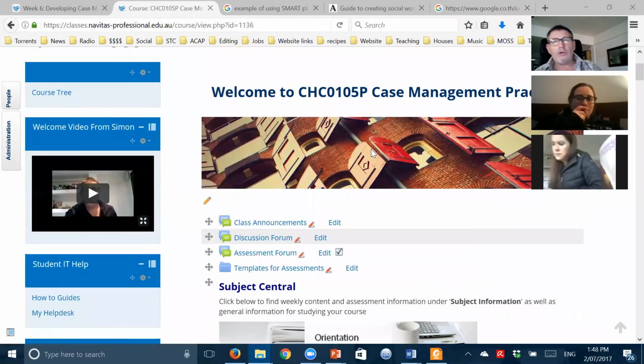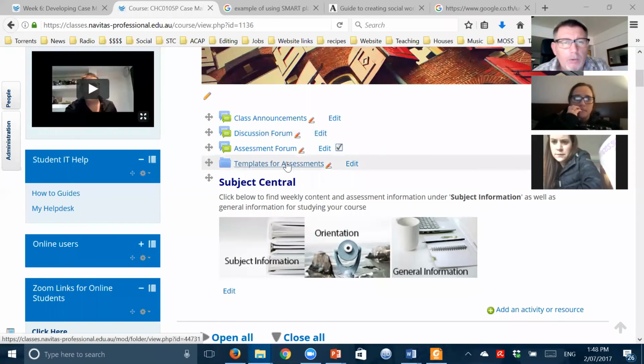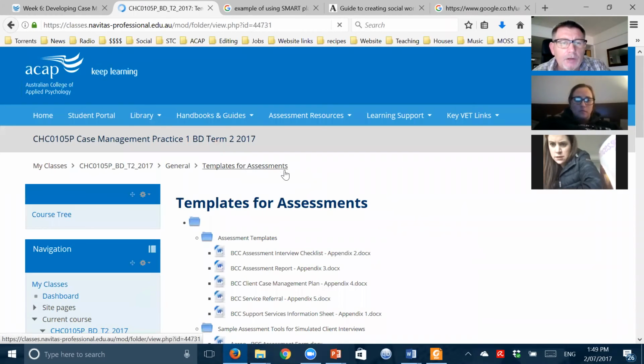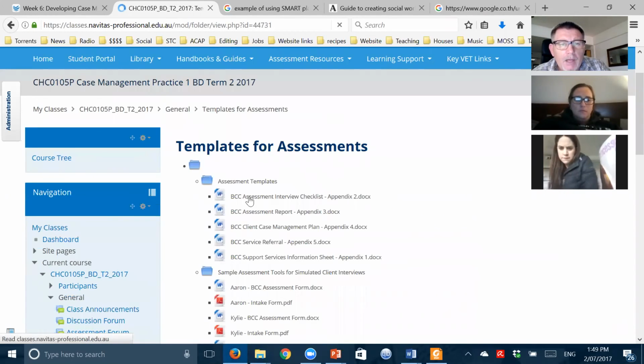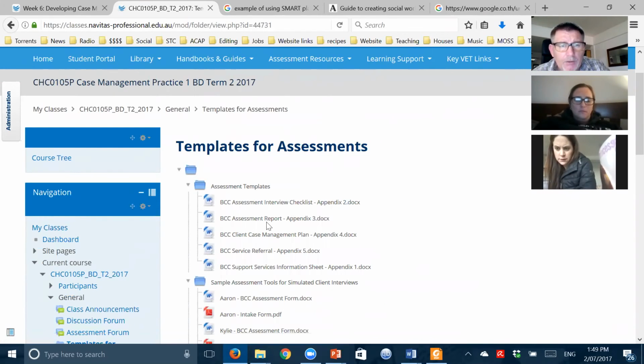Okay, so this is the portal for Case Management 1. And if we look at the portal, there's templates for assessments here. So I would advise that you do something here. So here we've got assessment interview checklist. So download and take that with you.